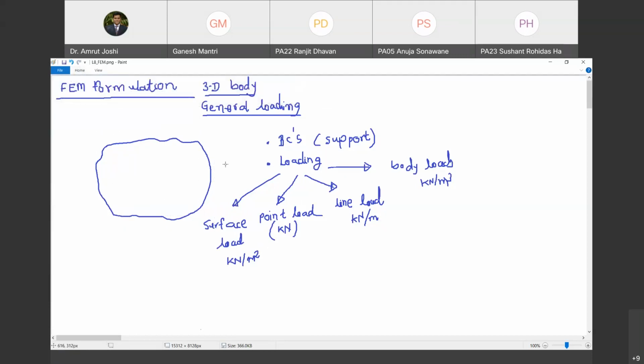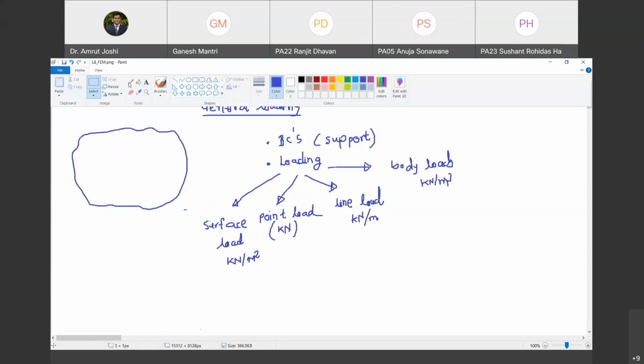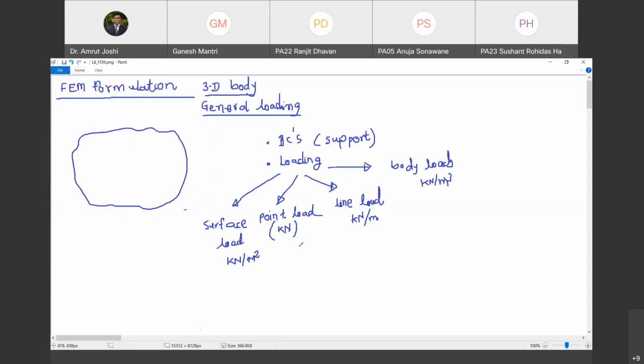Okay. Now, let us have some notations used for this kind of loads. So I will denote point loads always by P. Are you with me? Yes, sir. So the notation will be Pi. What is Pi? Ith point load. So you can have 10 point loads. So I will call them P1, P2, P3, P4, P5, P6 up to P10. Are you with me? Yes, sir.